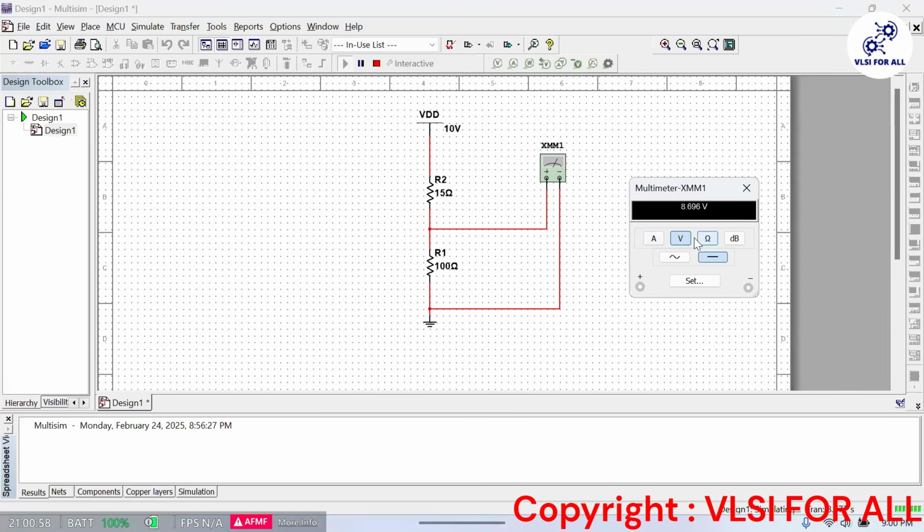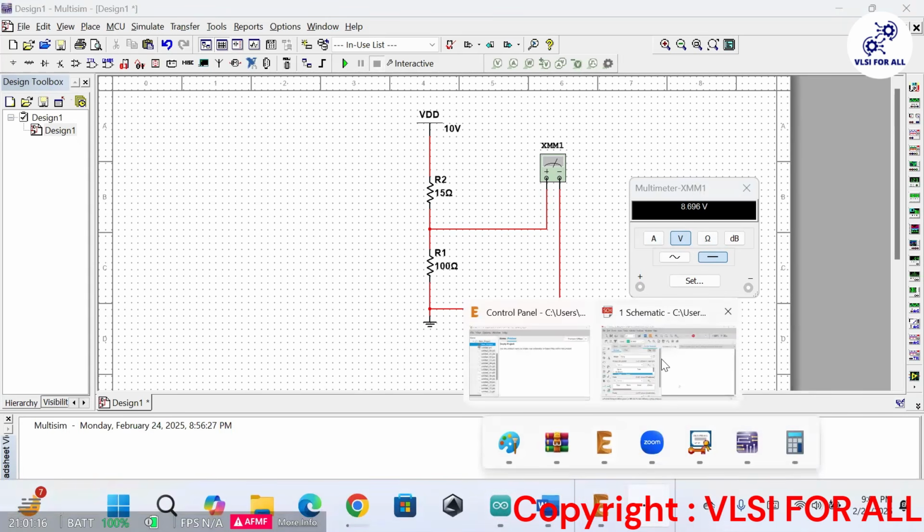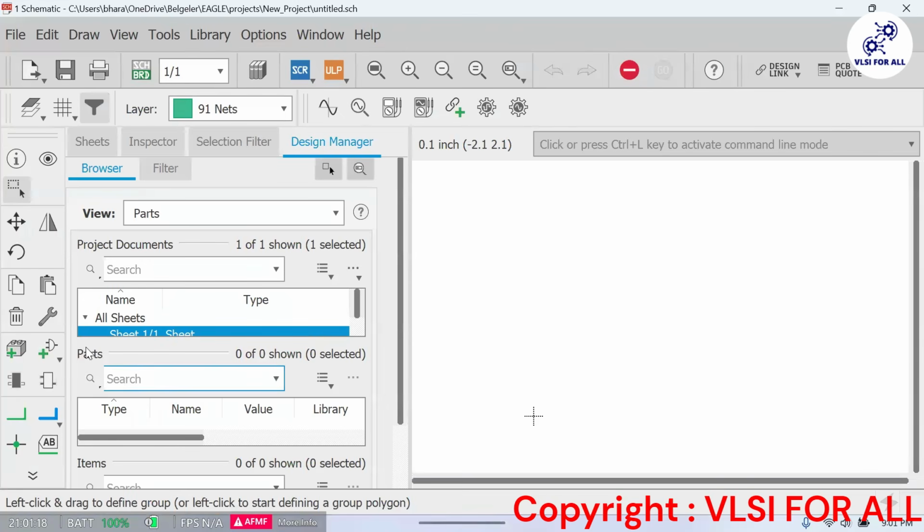Okay. So this is how we check the voltage we are getting, 8.696 voltage. Okay. So this is how we test the circuit before going ahead. Now, after this, suppose the circuit is made. Okay. Now what will I do? I will go to here first. First, I will go to here. My circuit is ready. I will go to the